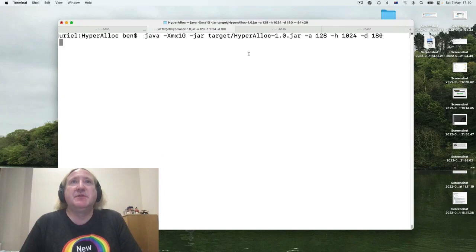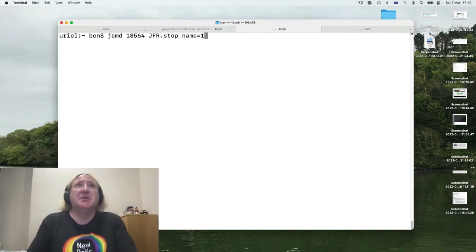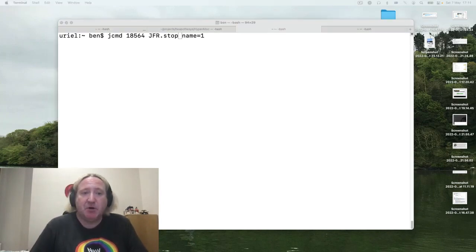And I forgot to give it a file name to dump it. Never mind. So as well as the start and stop commands, I forgot to do a dump in the meantime. So you actually also needed a JFR dump in there as well. Never mind. Okay, so that's just a brief example of showing you how you can do some of that with the command line. The other thing which you can do is actually programmatic.